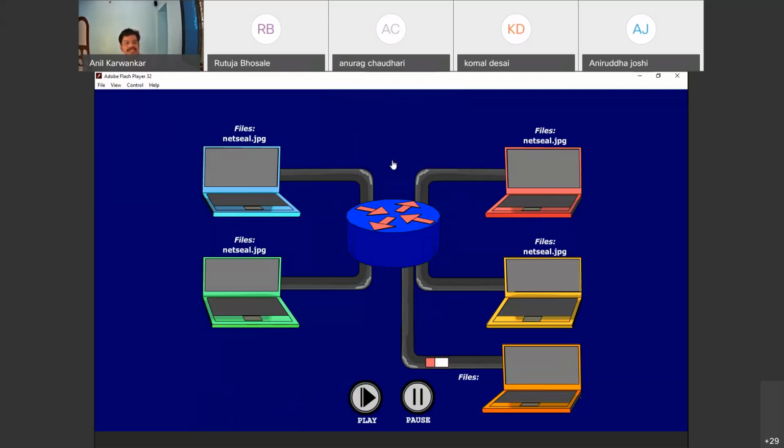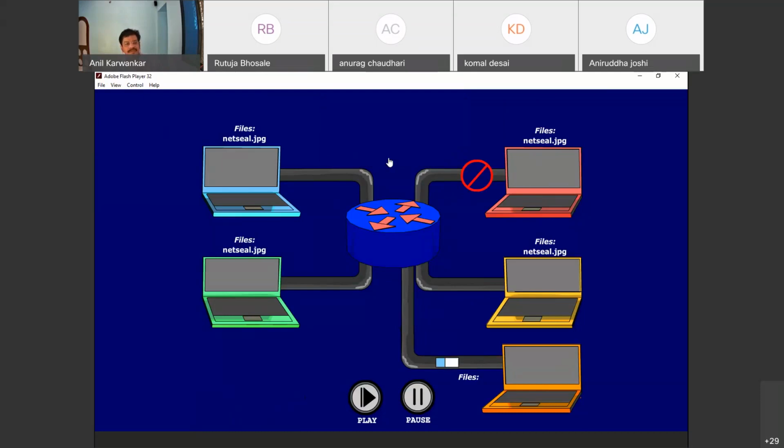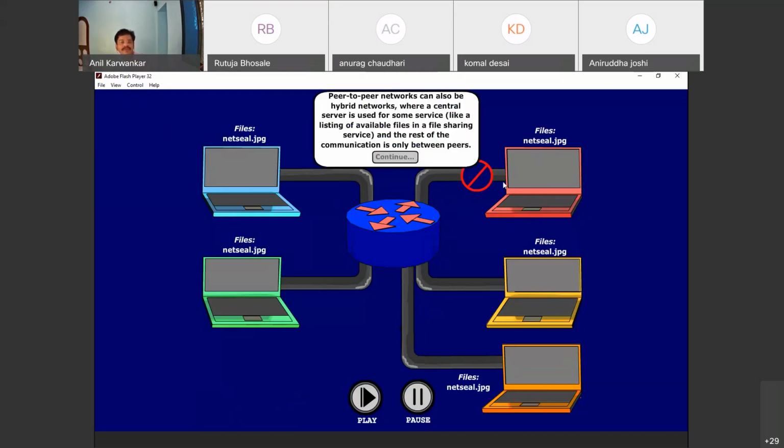Now it's requesting. Red is not available at all, so it will request blue. If the file is available, blue will send it to the orange terminal. So even if one of the nodes fails, all the nodes are acting as the servers for the orange terminal.